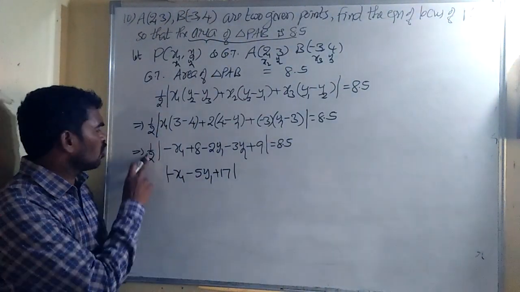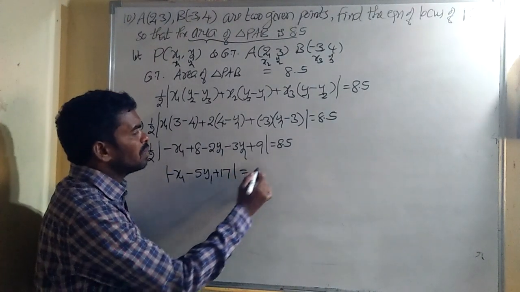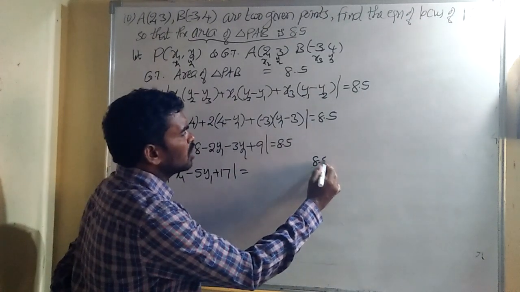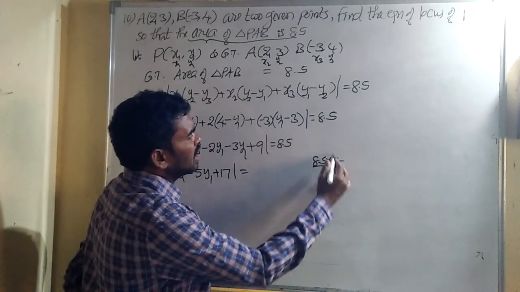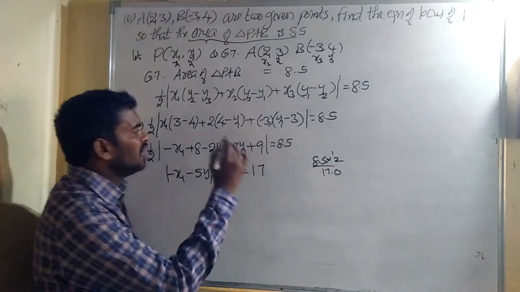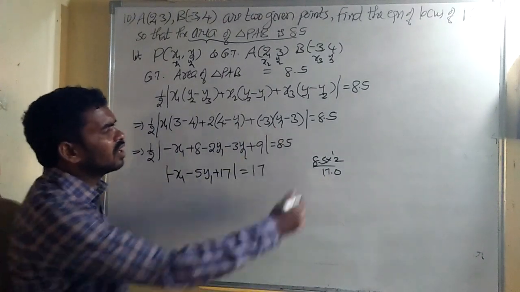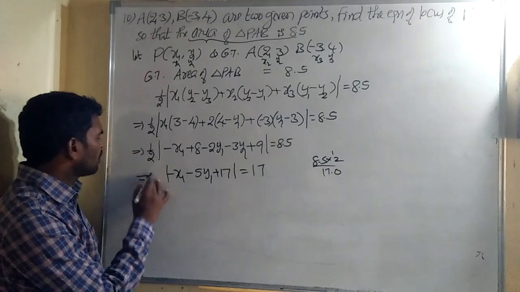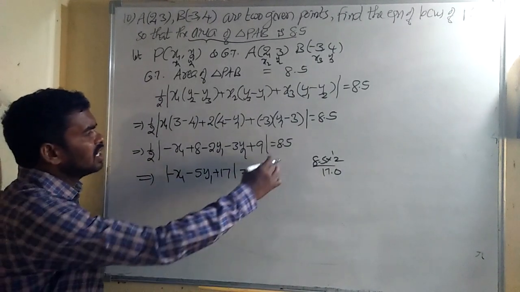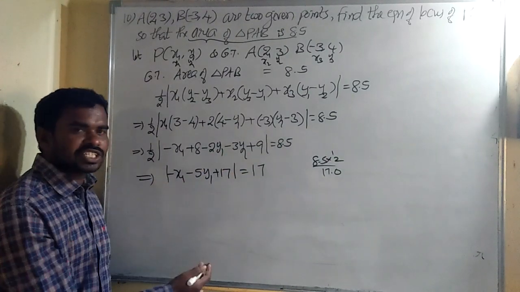Modulus. What about by 2? By 2 send right side. It becomes into 2. Means 8.5 into 2. 8.5 into 2 how much? 2 5 are 10, 2 8 is 16, 1 17. 0 means 17. If it is 18 we can write 2 8 is 16, but it is 8.5. That's why we got 17. So what is the next step? What about 1 by 2? 1 by 2 was sent to right side. That's why 8.5 into 2 becomes 17, we got it. Next, what is the next step?